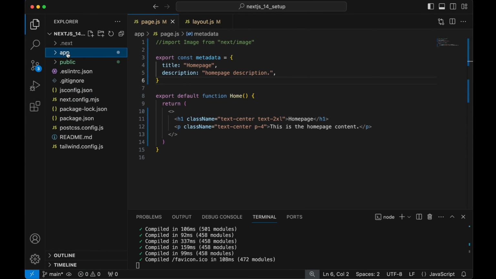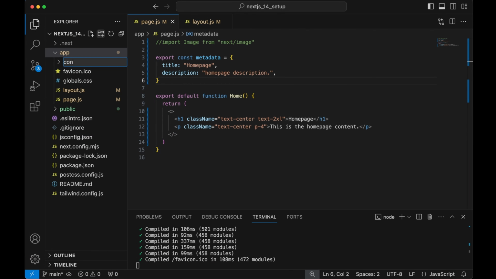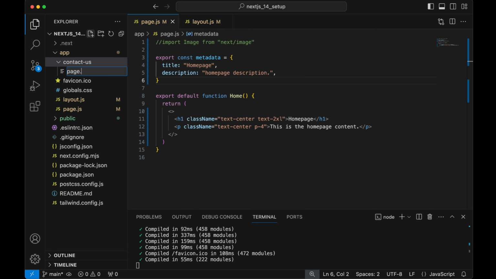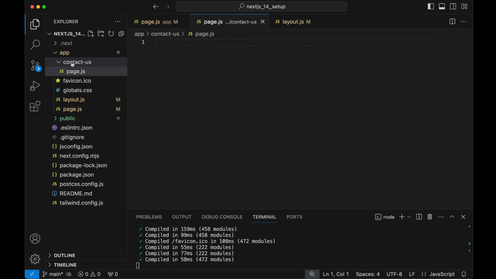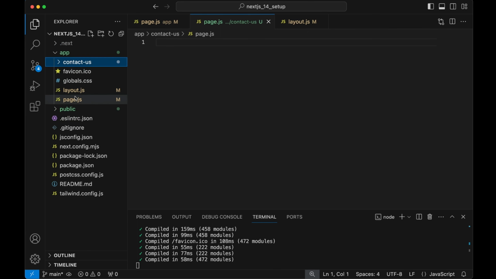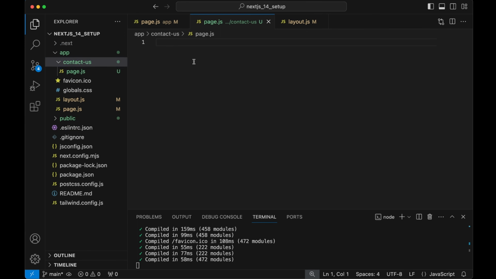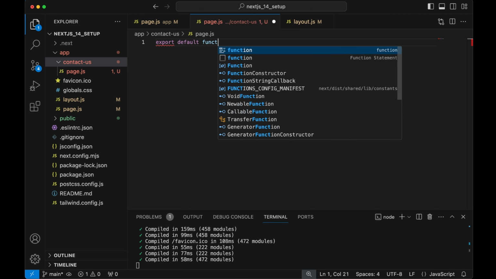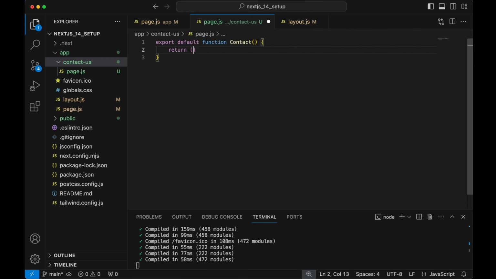And I'll show you, if I create a folder in here called contact us, right? You can call it contact, or you can do -us. And then inside you have to give it a page, like I said, right? And this can also have a layout. But let's say I'm not going to use a layout. This layout is global for everything, because these are the children now. This page now, I'll do export default function contact return. And so, make this a habit, to create a basic layout like that,